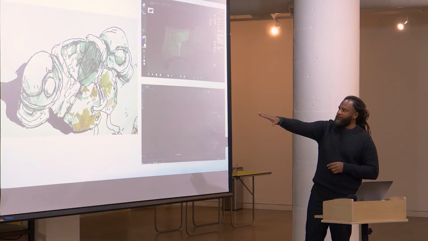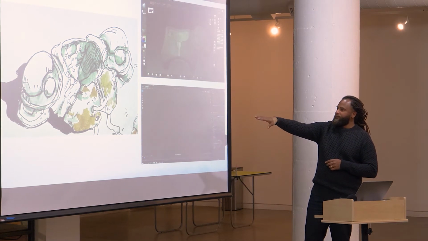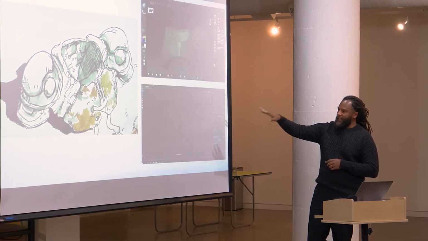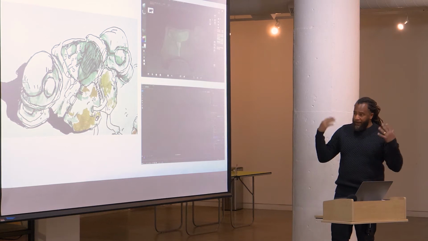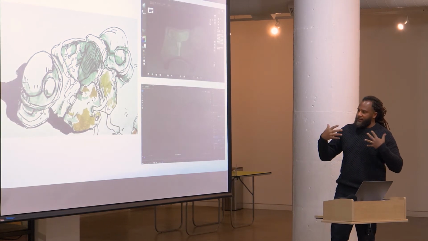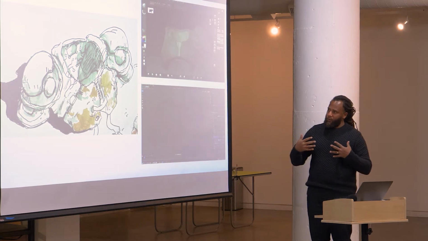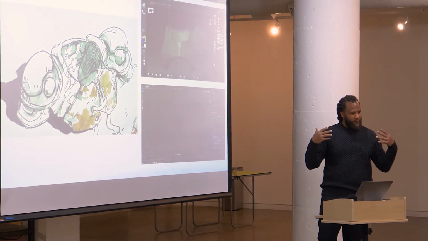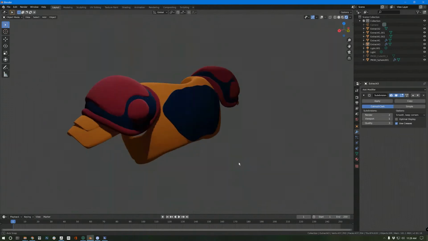Something like this, even though it's armor, aesthetically fits within the world I'm creating. For me as a storyteller, I see this and I see armor that's designed for people to interface with machines. So there we go.